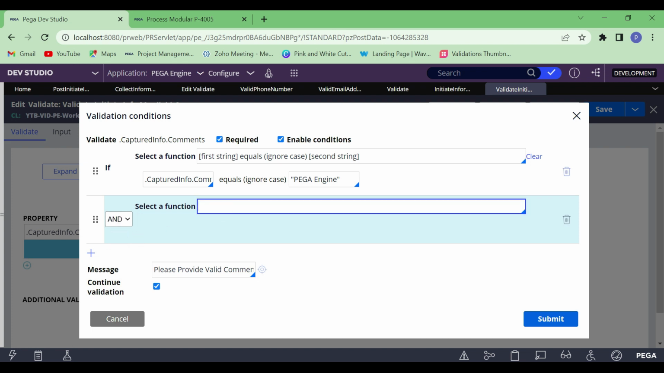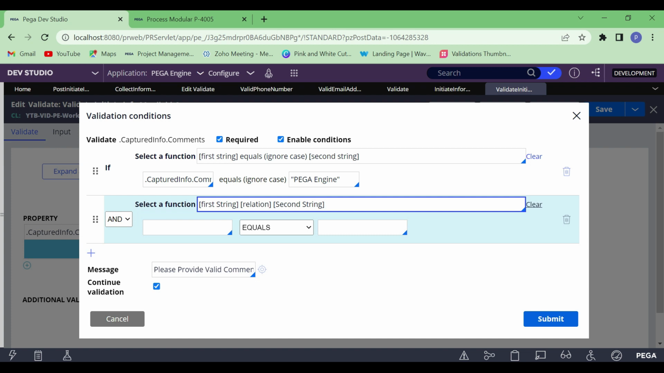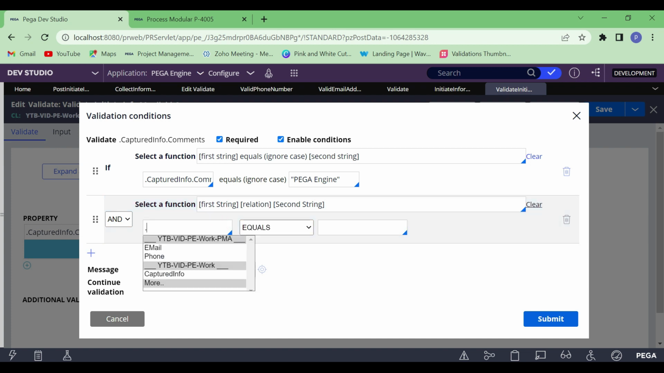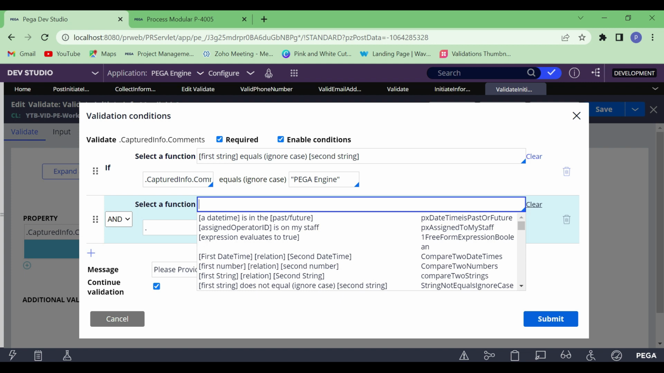And so let me select another thing. Which one? First string relation, second string. The thing is that what I'm going to check is, not first string relation, second string. Let me select another one. First string